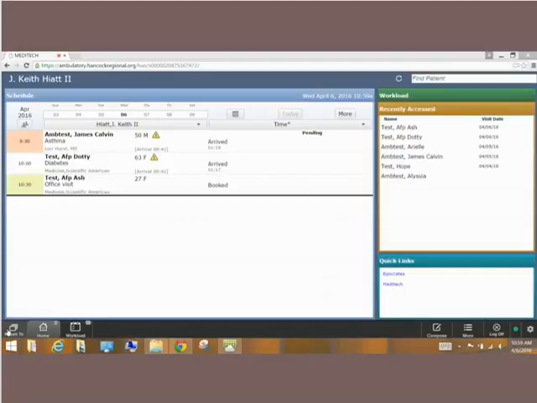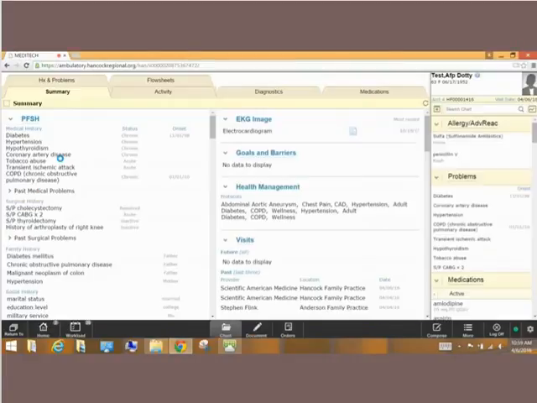Next, we're going to look at the clinical chart component of the software. First, we have to pick a patient. We can pick a patient here from our schedule. We can go up here to find a patient like we showed during a previous video, or we can go to one of our recently accessed patients in case we need to look at somebody that we've been to recently. So I'm just going to click here on Test AFP Dottie's chart, her name,